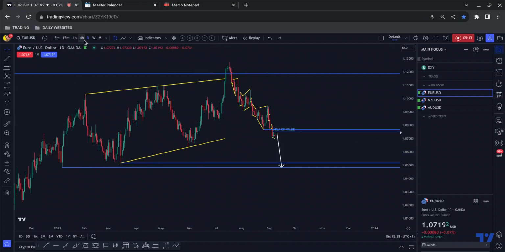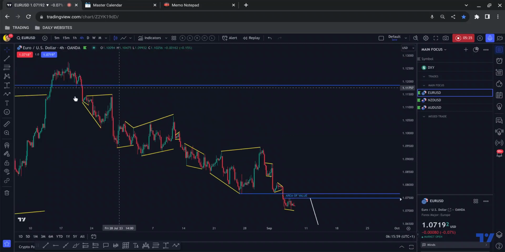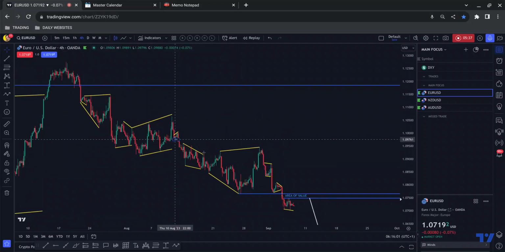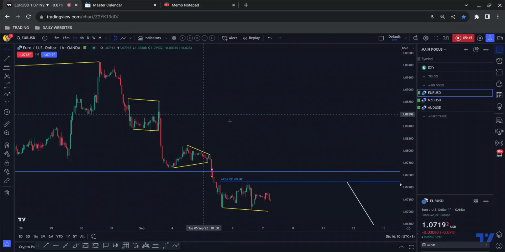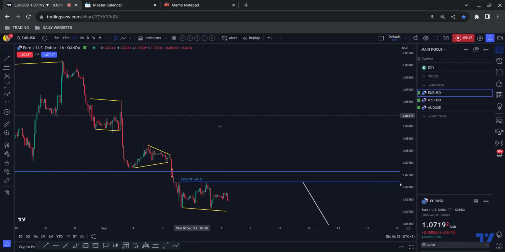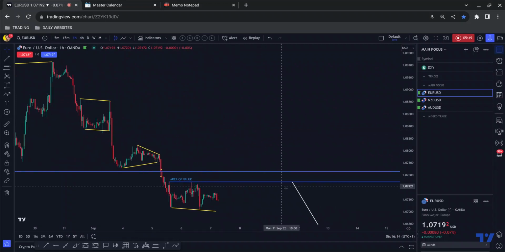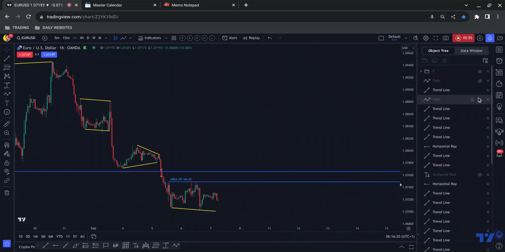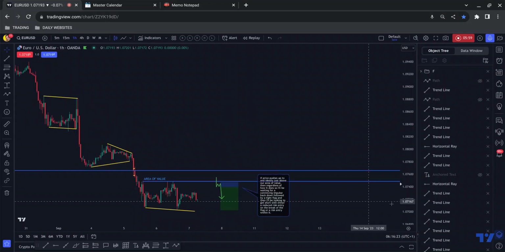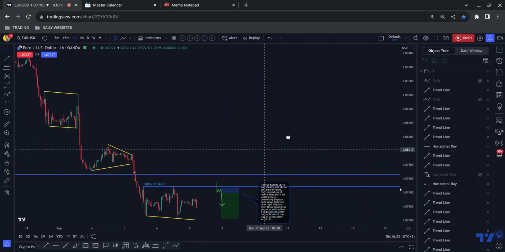Okay. I ask myself, is the sequence good? The sequence is good. As I see it, I can separate all of the structures as corrective as this corrective wave actually is. And then the next question is, what is the entry like? What entry would I be looking for? Is it high quality? Is it low risk? Okay, so I'm just going to hide that a second. And if I unhide the forecast, what I'll be looking for today is this entry, which I believe is a